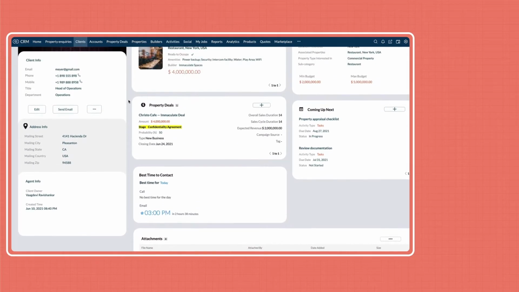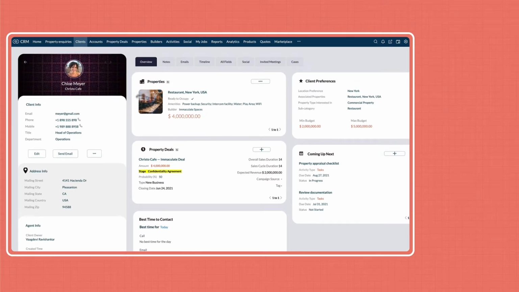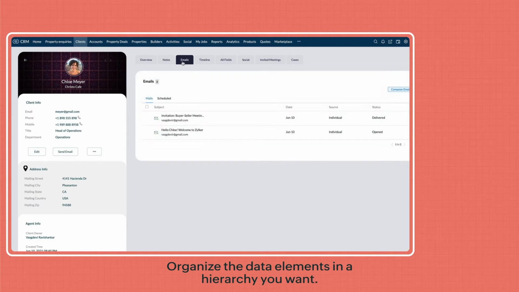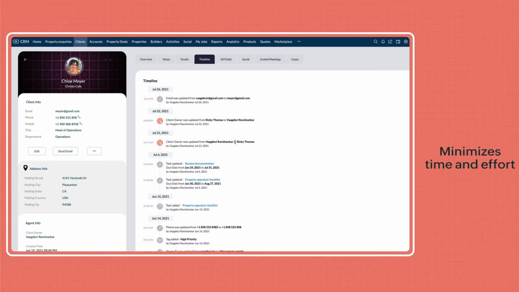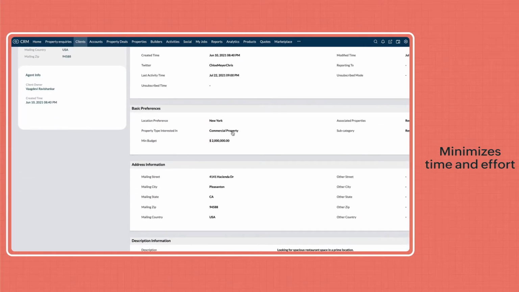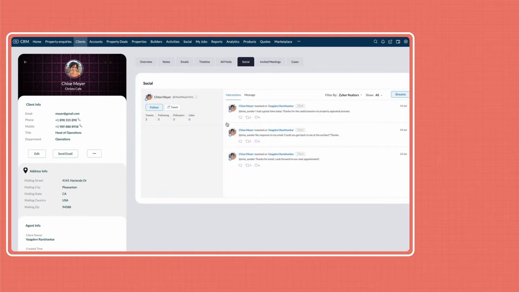It lets you build creative pages in a non-linear manner, where you get to organize the data elements in any hierarchy you want. This minimizes time and effort taken in browsing through large chunks of data, as all of the key information pertaining to a record is available right on the top fold, and the user can infer the required